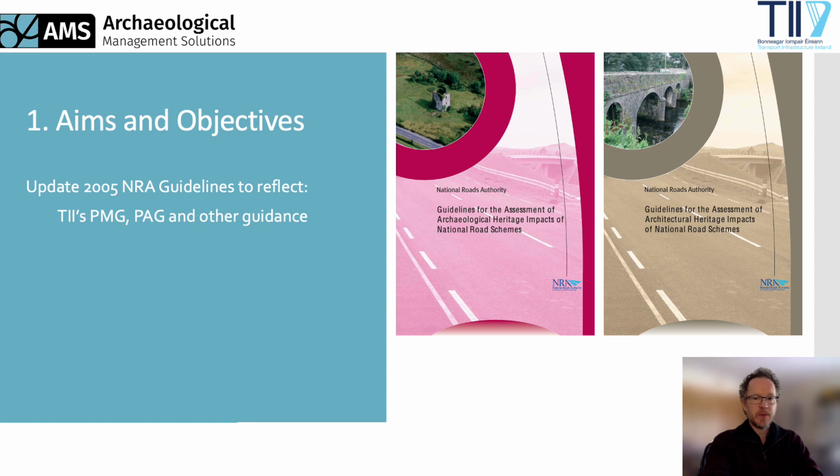But they've reached a point where they need to be brought up to date and into alignment with other guidance, such as TII's new Landscape and Visual Impact Assessment Guidelines, published in December 2020, and with TII's Project Management and Project Appraisal Guidelines, which have undergone numerous iterations over the recent years. The new Cultural Heritage Guidelines also aim to reflect the requirements of the amended EIA Directive of 2014, which has brought about some key changes in how EIAs are to be undertaken, not least the requirement that EIA reports are to be compiled by competent experts. The EPA published draft guidelines in 2017 based on this amended directive, which are in the process of being finalised, and the new TII guidelines have been developed to align with these.